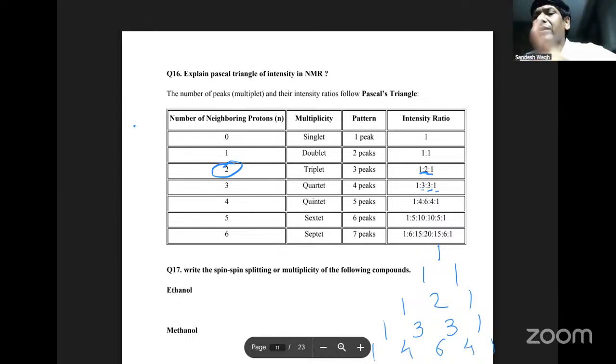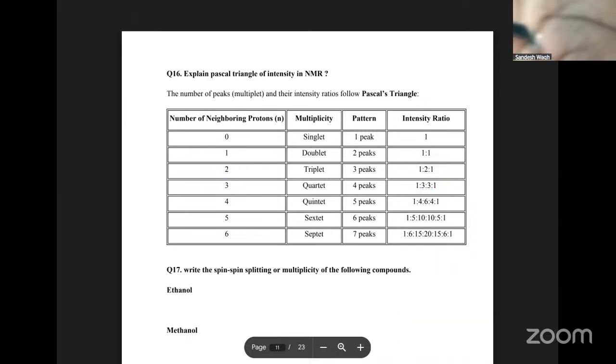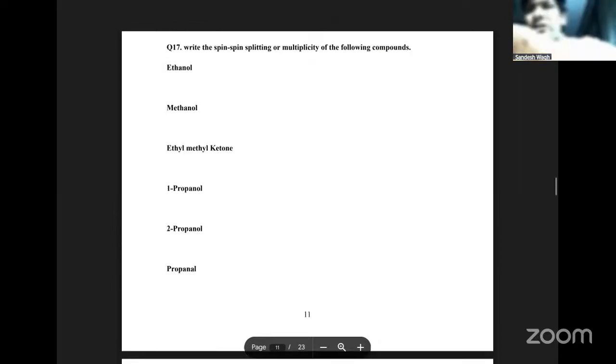And this way you can go on adding and adding. You will get the exact intensity ratio as you go on increasing the number of protons. So this is what we call the Pascal triangle. You can practice, you can play with this, you will enjoy the intensity ratio. Now, the most important part of the university questions: they will give you the structure and they will ask you